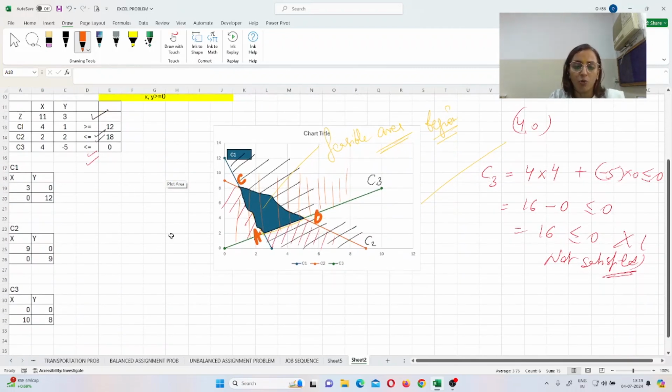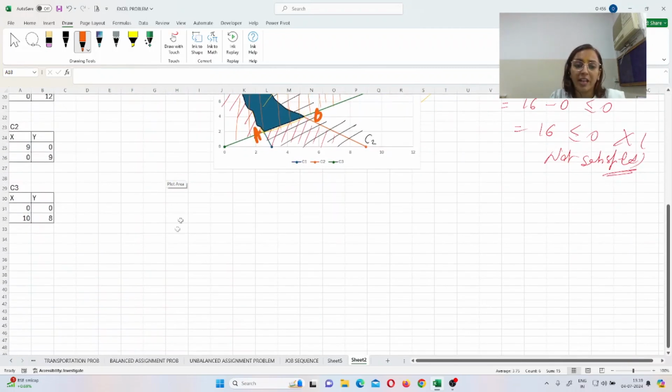Now, coming to the next point, which is again the most important point, as we are able to find the 3 points, you have to find your profit, right? So write down over here the profit: how much profit you will get at A, from the point number A, like C1.